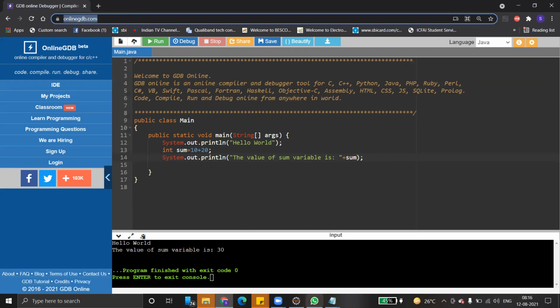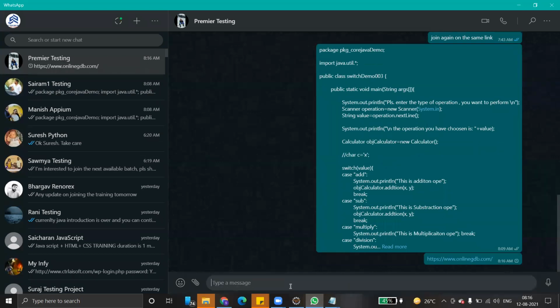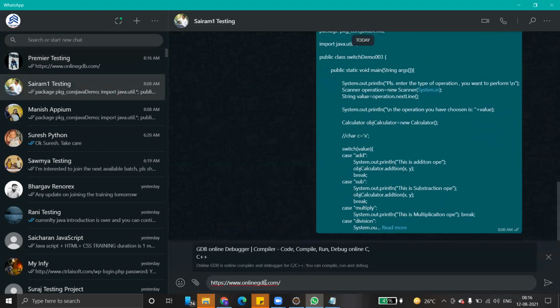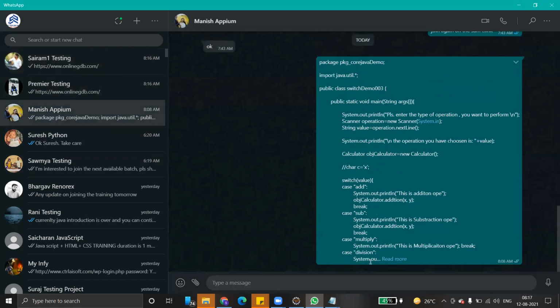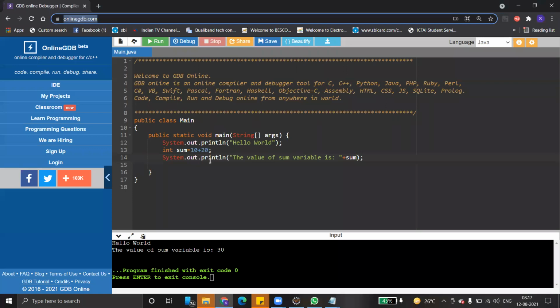I'm just sharing this URL with you all. Those who don't have time, or temporarily, you can practice on this one. But once you start learning this with Selenium, it doesn't work. That's the reason I requested all of you to please install Eclipse. That is always better. For practicing Java, this is enough.